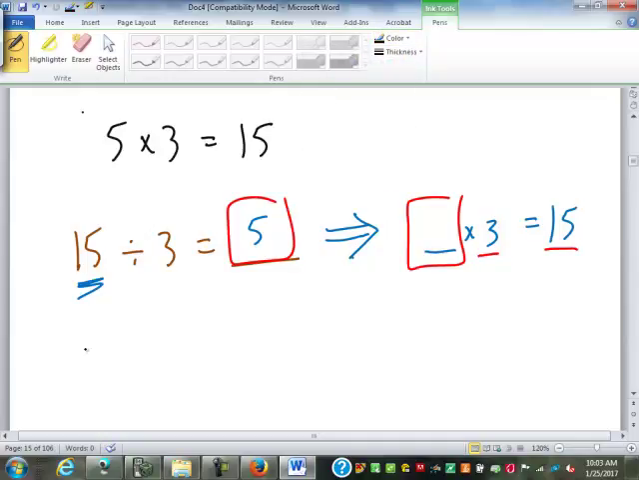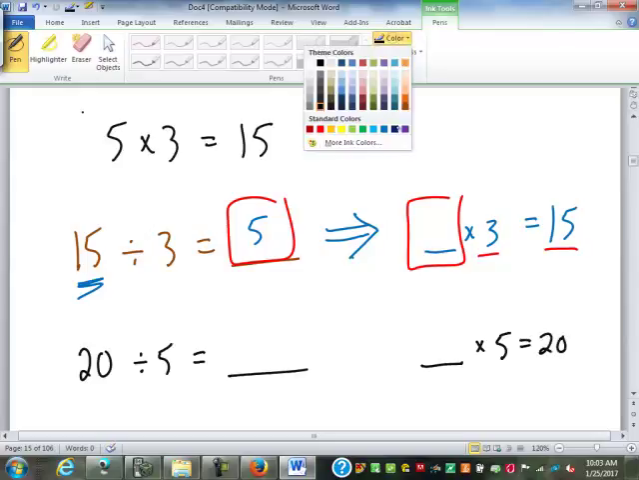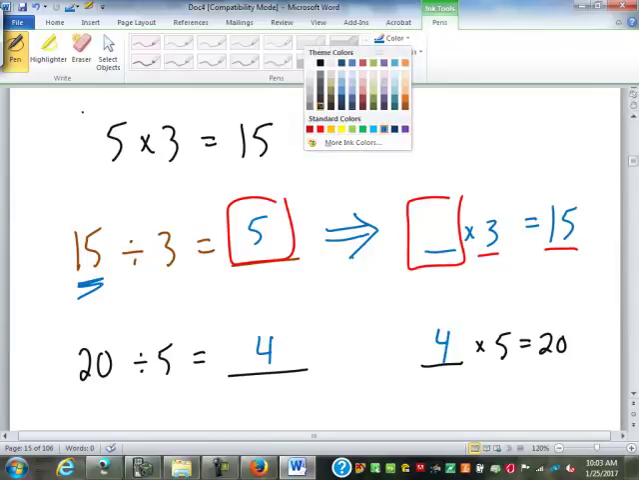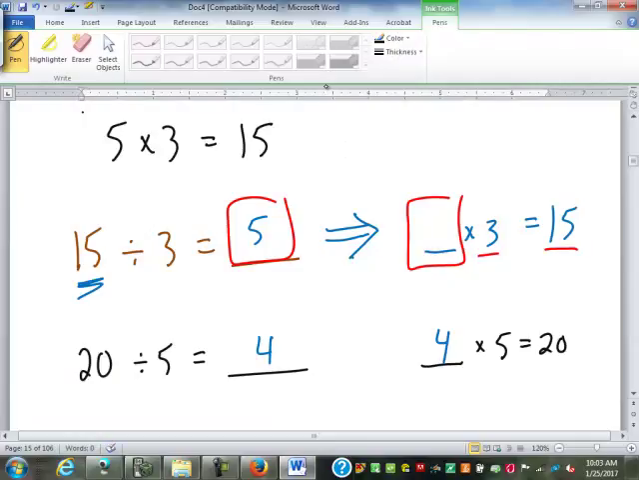If I have 20 divided by 5 equals blank, that is asking what number times 5 equals 20? Well, that is 4. Very good. So 20 divided by 5 is 4. With that logic in mind, that process in mind, we can look at